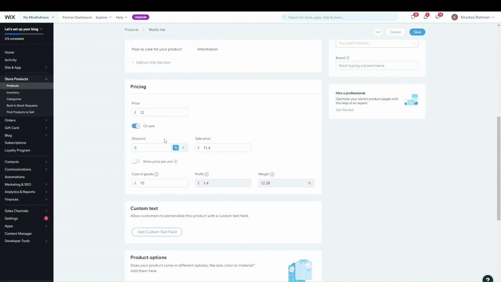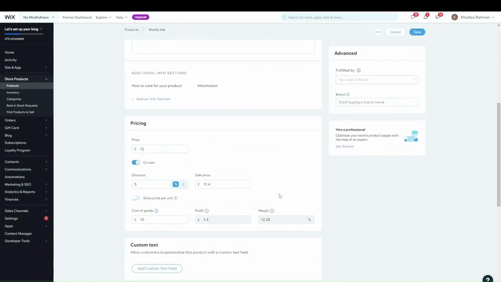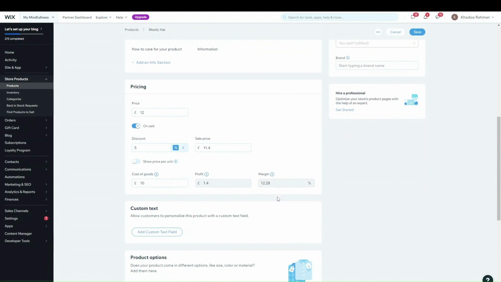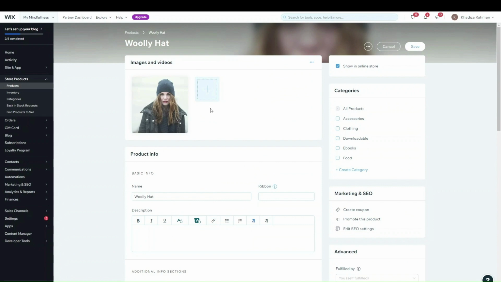The other thing with the pricing then is sometimes you can sell a product but it has different size options or different color options or different attributes that people can select, and maybe those attributes have different pricing. So Wix allows you to make different options for a single product, and then allows you to price them and stock them individually. So for example, say this hat, if it comes in maybe 2 different colors, in black